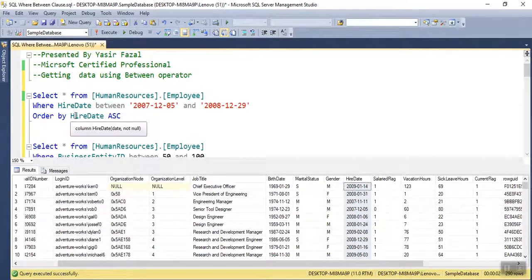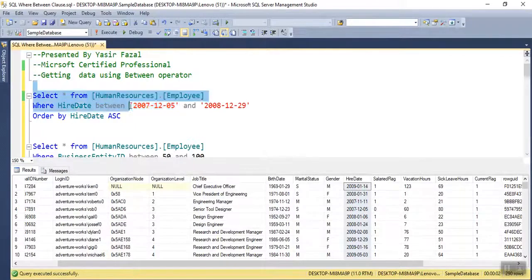So let's start. For example, in this scenario I am utilizing the hire date column, which is this one, and I would like to have data between these two dates. When I am utilizing these two dates, the lower range will come first and the higher range will go afterwards. And while filtering out the data, these two ranges, upper end and lower end, both will be inclusive, not exclusive. Inclusive means if there is any data over these endpoints, that data will